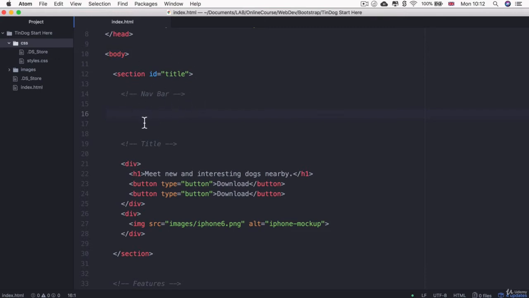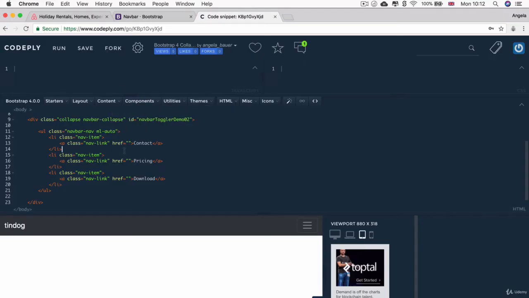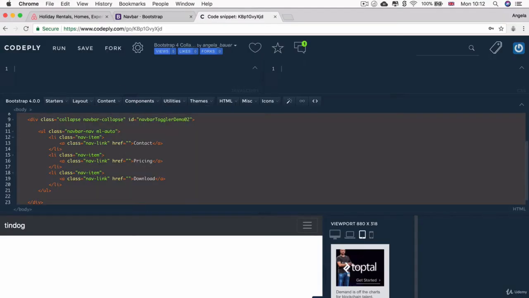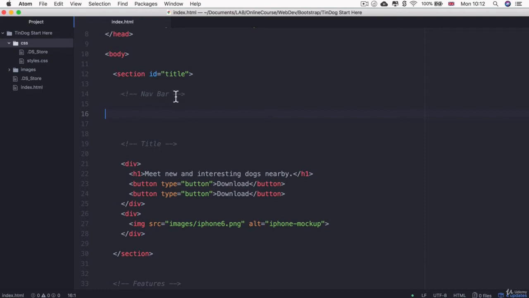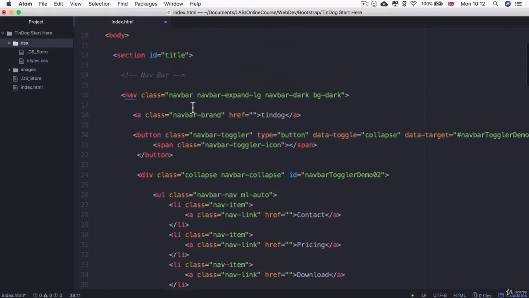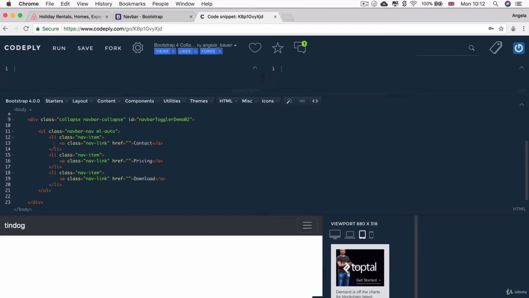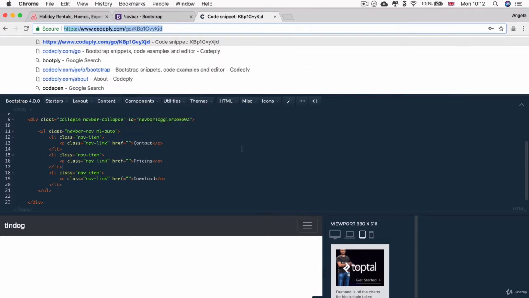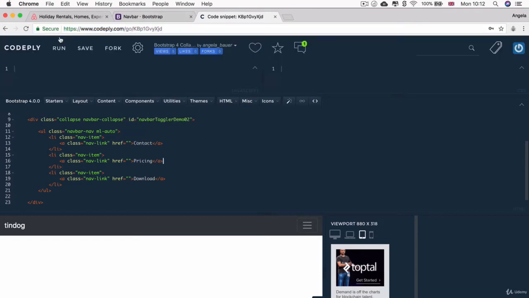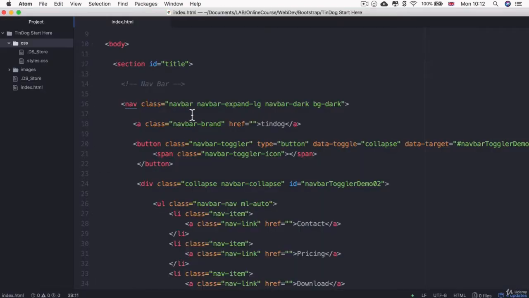Now, I want you to go into your code play and to select all of this code that we created earlier on in order to have this nav bar using Bootstrap. And I want you to paste it just below this comment where it says, this is the nav bar section. So just in here. Now, if you've lost your code play area, or for some reason you can't find the code that you created here, then I will provide a link to the code play that I created that we followed along so that you can open it up in your browser